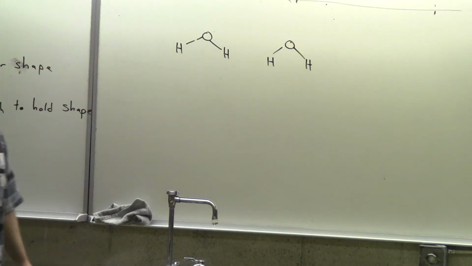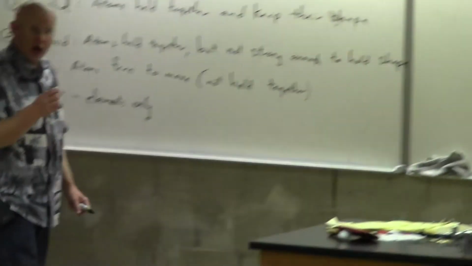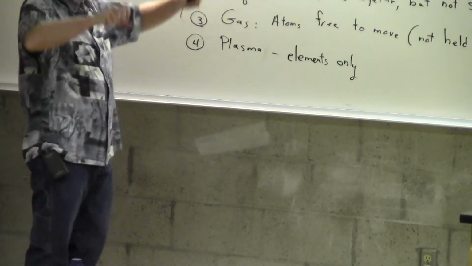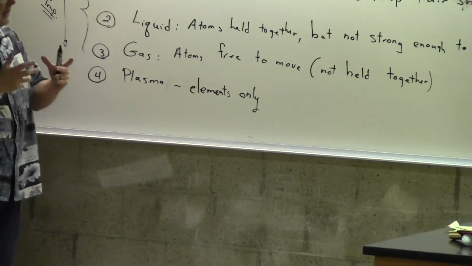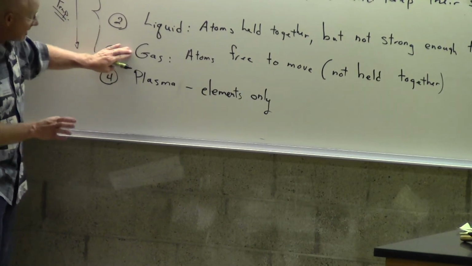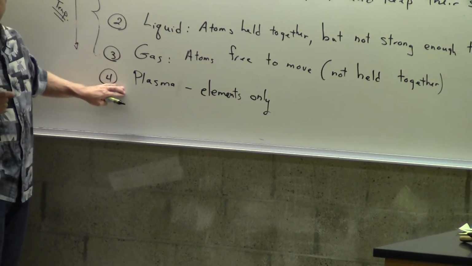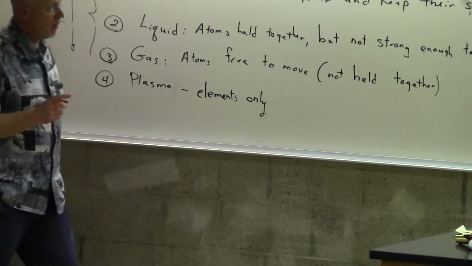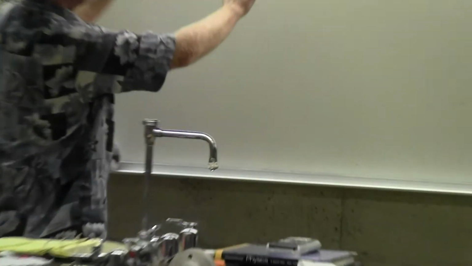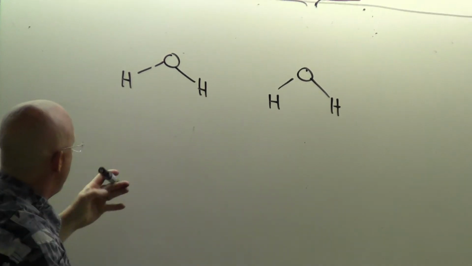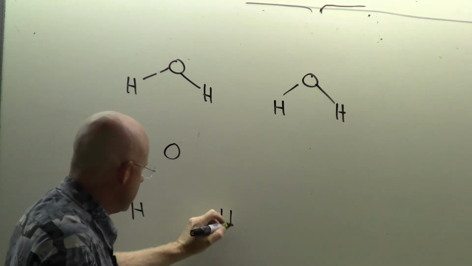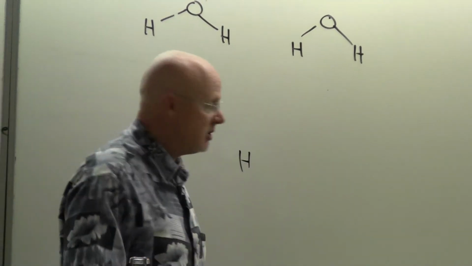That's the problem with chicken and getting a liquid or a gas chicken. The bonds between the individual atoms break apart before the bonds between molecules break apart, and you can't get a liquid chicken. Fortunately, I can get a liquid H2O. I can even get a gas H2O, but I cannot get a plasma H2O. Because what will happen is if I take H2O and I warm it and I warm it and I warm it, the H2O hits harder and harder and harder, and eventually the O's, the oxygens, separate from the H's, the hydrogens.